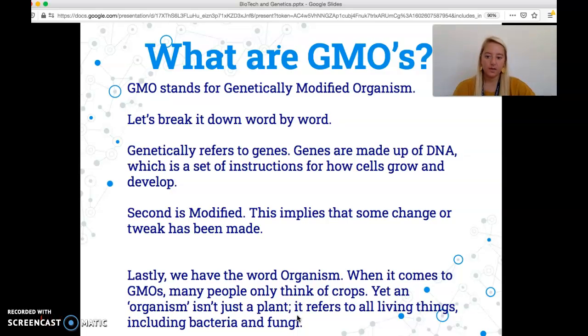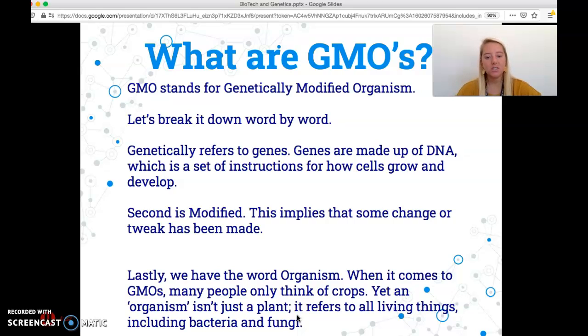So getting into that though, you need to know that so that you can fully understand what a GMO is. GMO stands for genetically modified organisms. We've talked about them in class, just in general when we're debating and learning more about biotechnology. But to break it down a little bit more word for word,